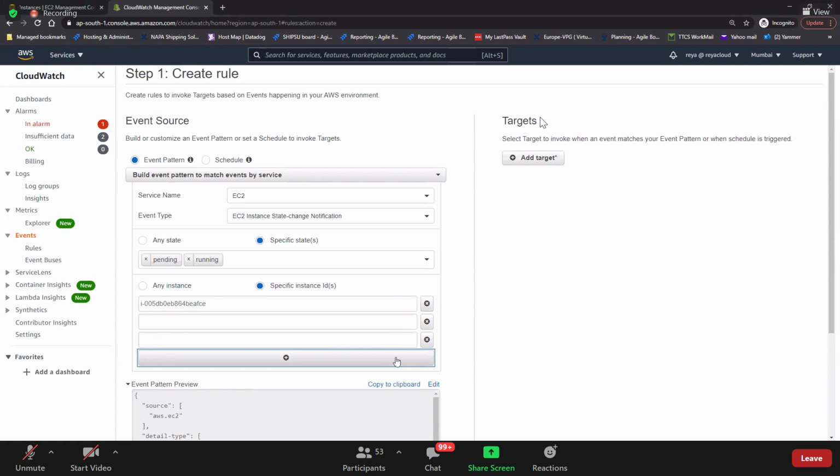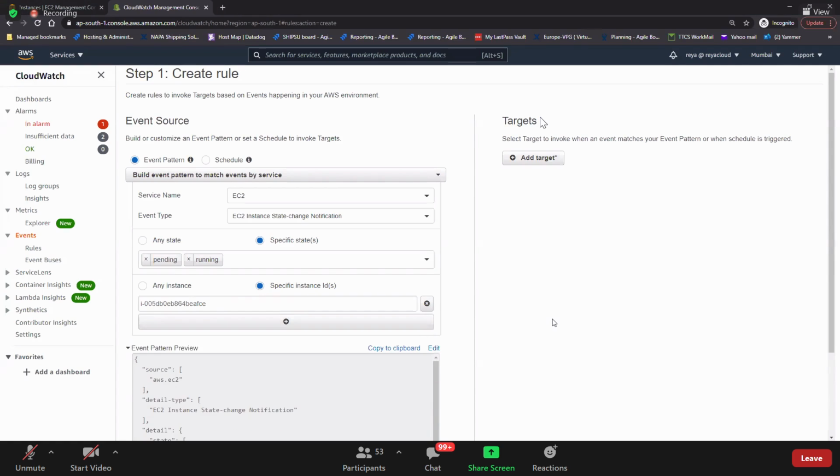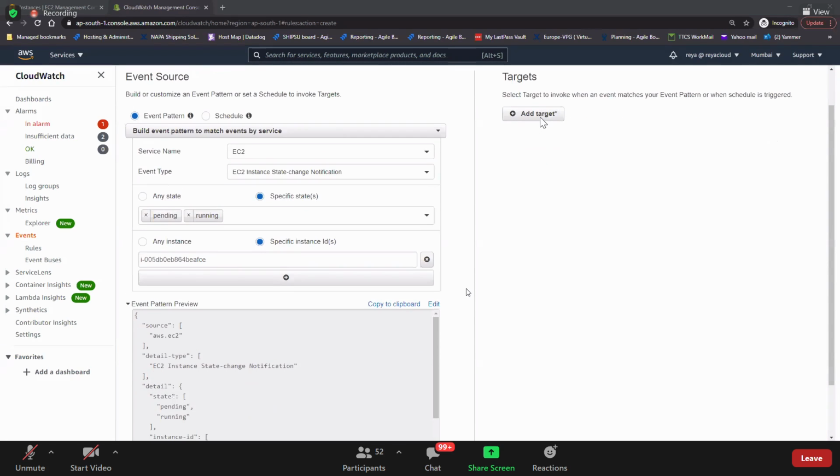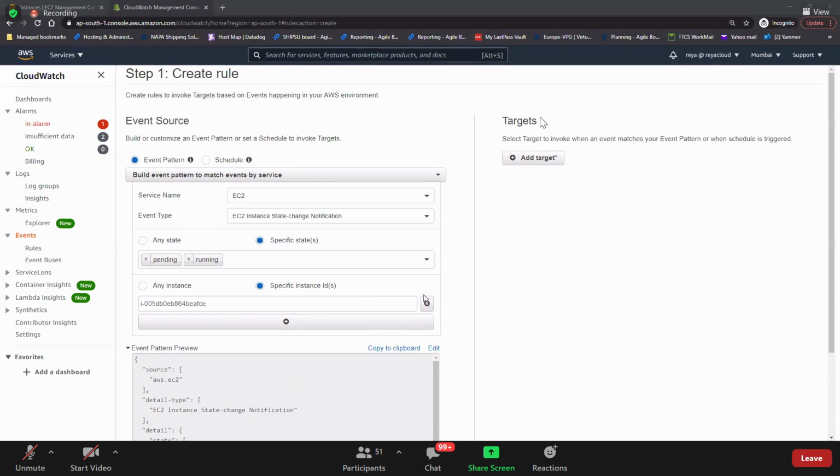You can add multiple instances over here, or you can select any instance, or you can select specific instance IDs. Is this clear, everyone? If you read it, you'll understand. We have learned everything: event pattern, service name, which state, pending, running, specific instance. If it is any instance, you can select any here.